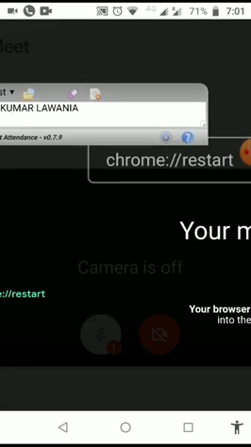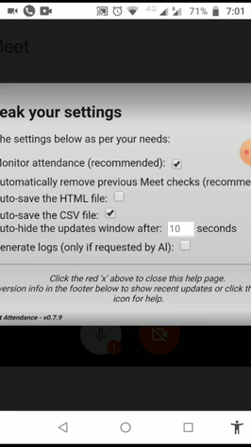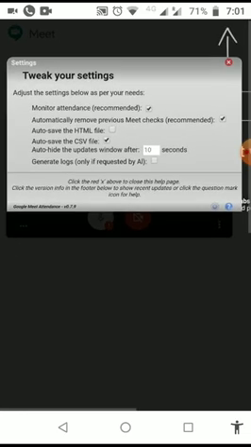First thing you need to do is click on the settings of this attendance meet and check the three boxes: monitor attendance, automatically remove previous meet check, and autosave in CSV file. So you need to check these three boxes by clicking on the box and then close it.